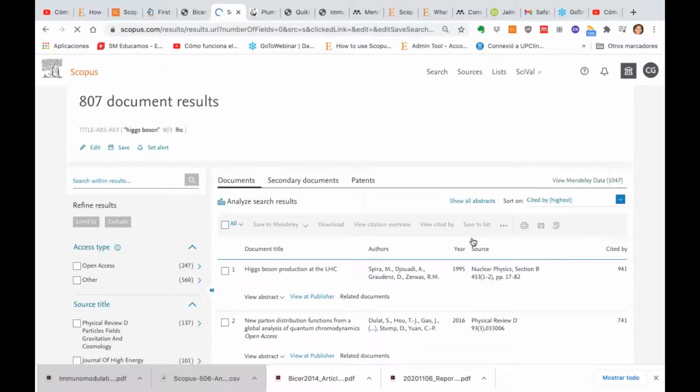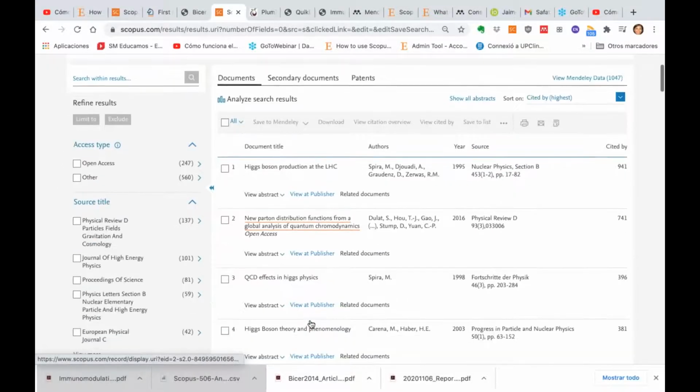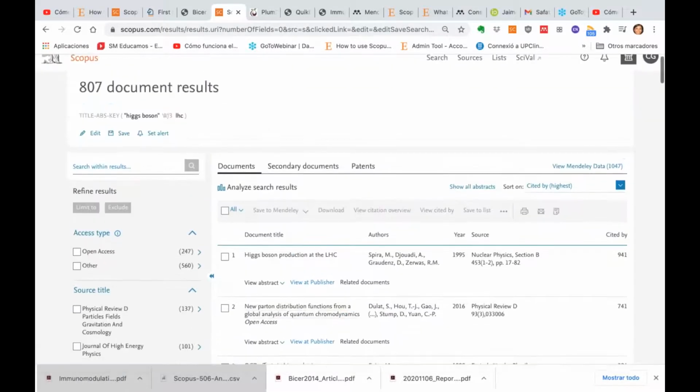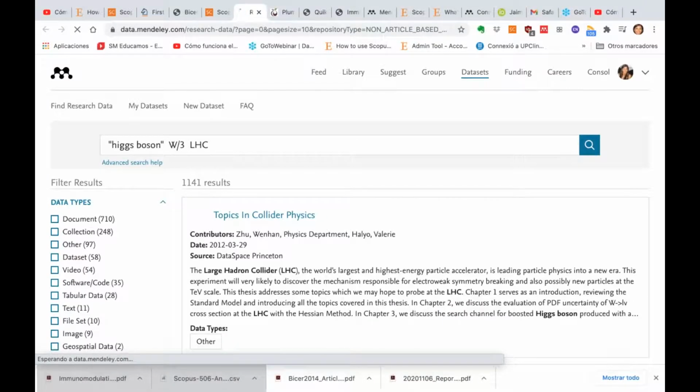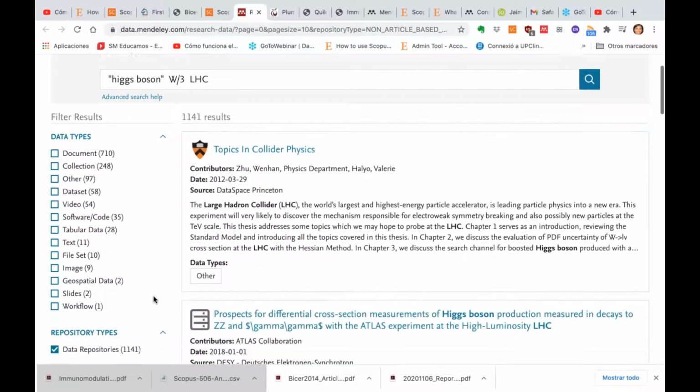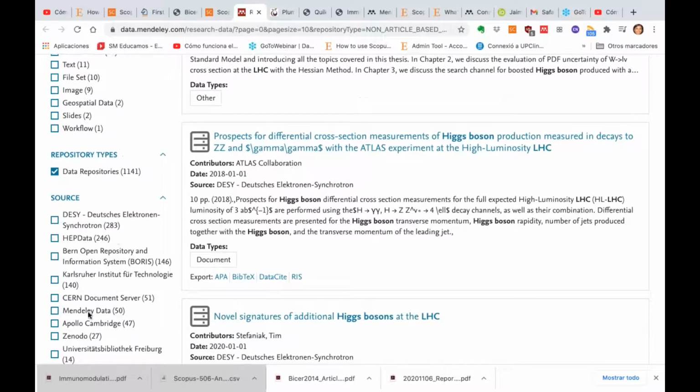So my search is much better now with only 800 documents. And again, the same as we are seeing on the screen. And as you can see here, it says view Mendeley data. Mendeley is another product from Elsevier, and Mendeley Data is a data repository, but it will also give us data coming from another